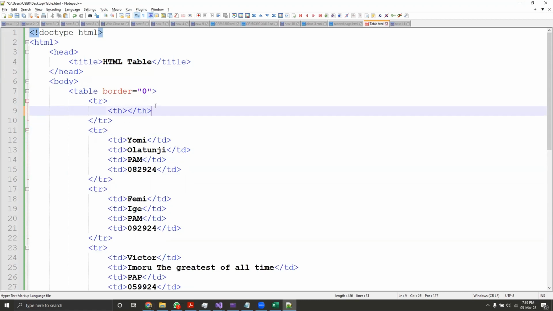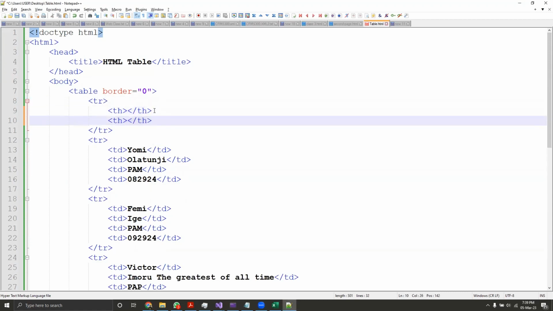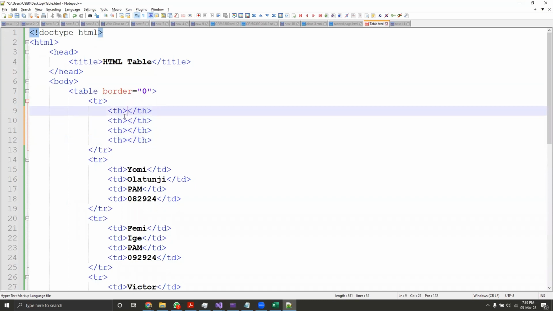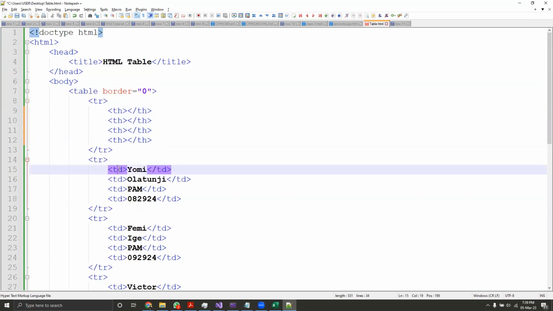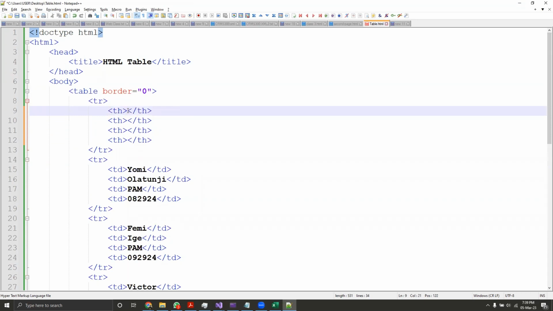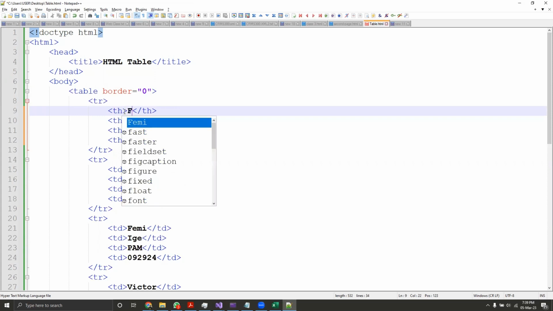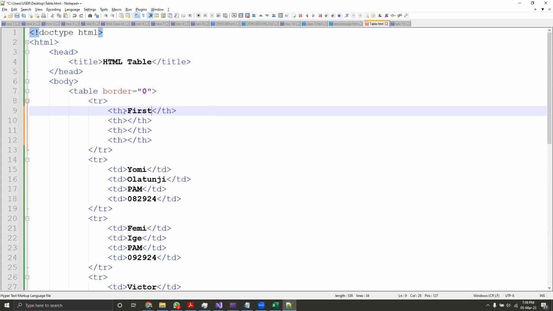So we can have the TH, right? The header in this case, we have four headers. Just the same way we define this TD, in this case, instead of using TD, we are using TH for the header now. It's not compulsory for us to always have a header in our table. If you don't have a header in the table, probably we are just showing something. But for example, in what I'm showing here, which has a header, we can do it this way,